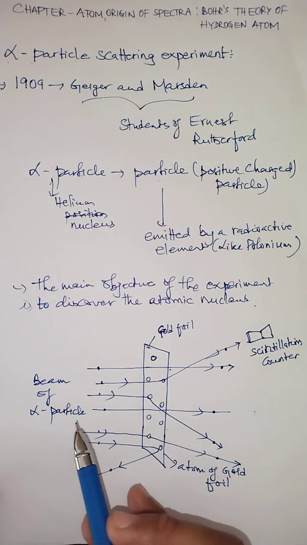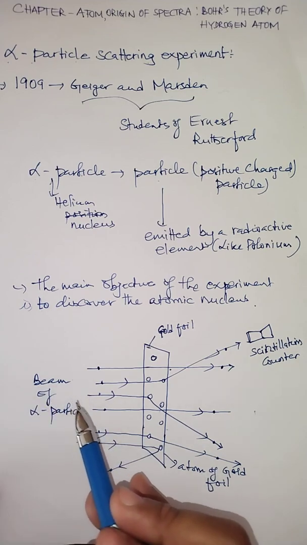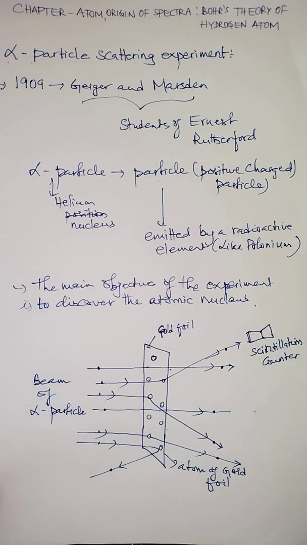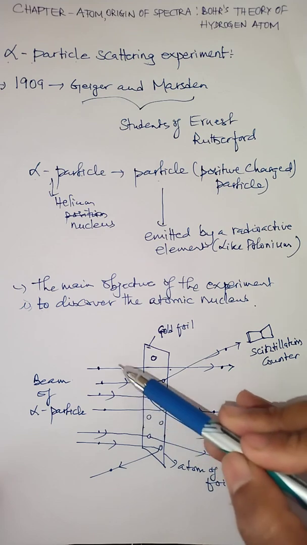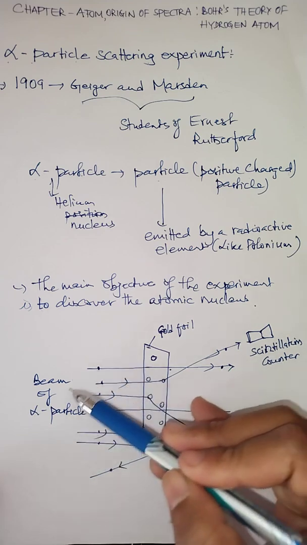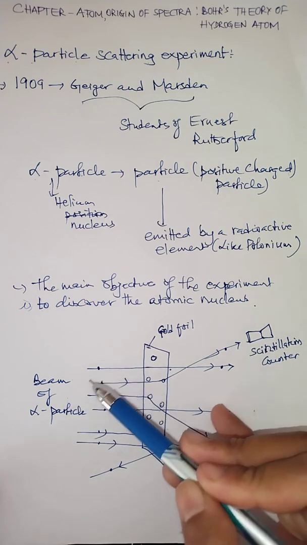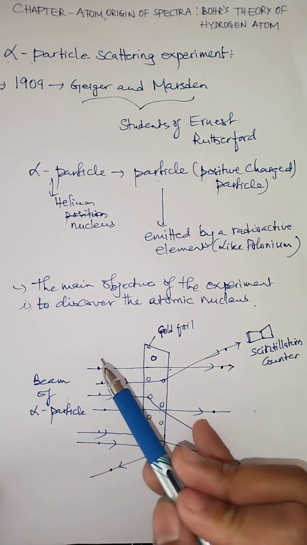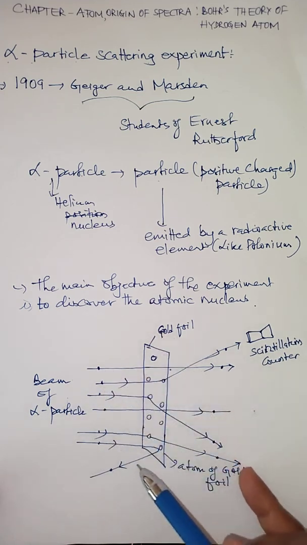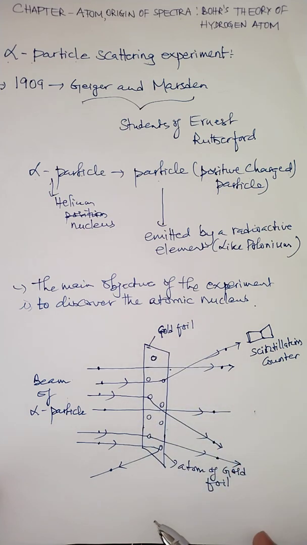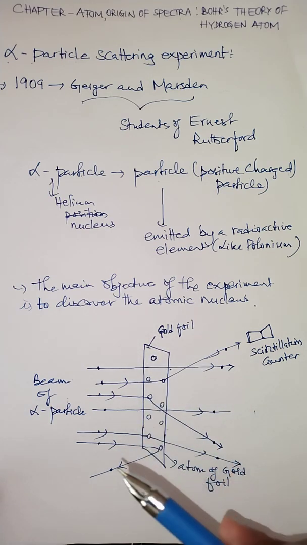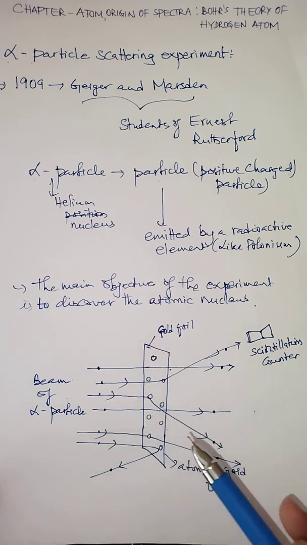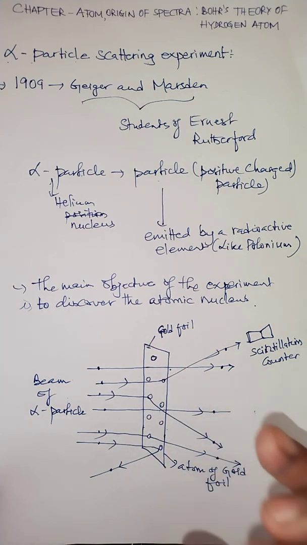A beam of alpha particles from the radioactive elements is incident on the gold foil. If you look at the diagram, children, these are the incident rays, these are the beam of what? Alpha particles, which are coming out from the radioactive elements, and this beam of alpha particles was made to fall on the gold foil. Once they were made to be incident on the gold foil, they observed that the alpha particles were found to